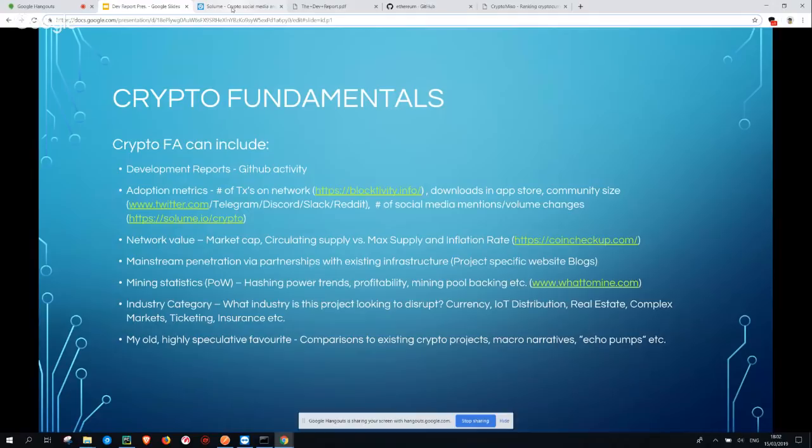So if you have, what are you buying? Are you buying a currency that's just trying to sort of mirror Bitcoin? Is it IoT distribution? Is it real estate, complex markets? I mean, you can kind of factor in, because again, this is all speculation on what things might be worth